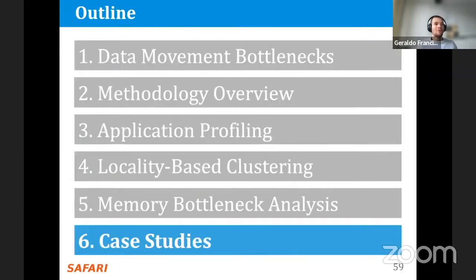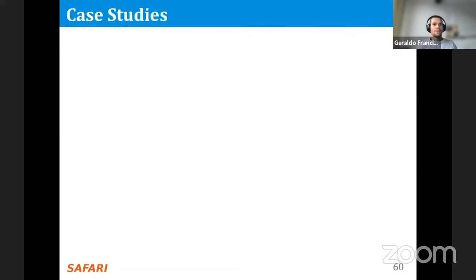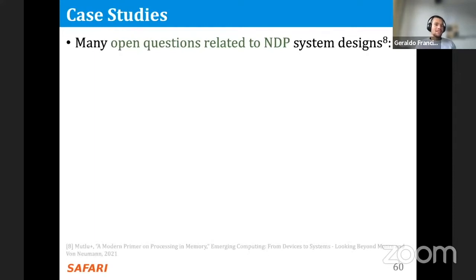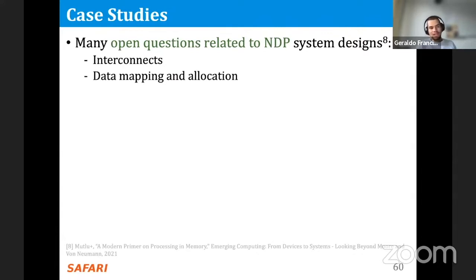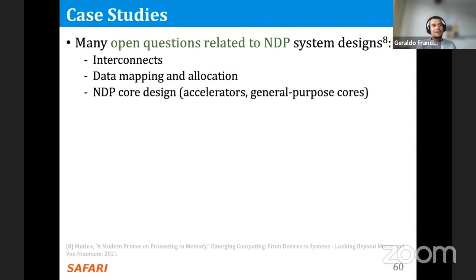Finally, I'm going to briefly talk about the case studies that we have in our work. There are still many open research questions related to data processing, as for example, how to design good interconnects for new data processing systems, how to develop data mapping allocation that can fully leverage the NDP system characteristics, how to design effective NDP core architectures, both related to accelerator or general purpose cores, what is the most appropriate offloading granularity of NDP for a particular application, how to program any data processing system, how